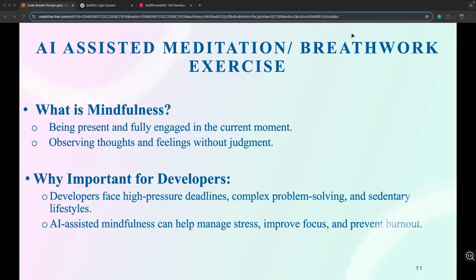And by using AI we can create our personalized sessions, so that way we can help manage our stress, improve our focus, and prevent burnout.